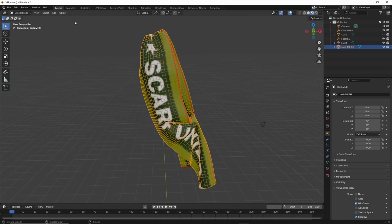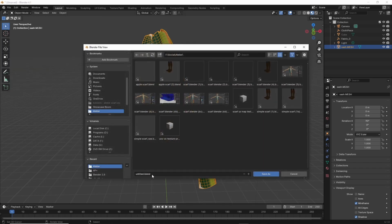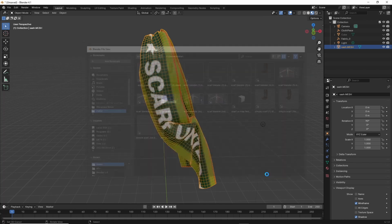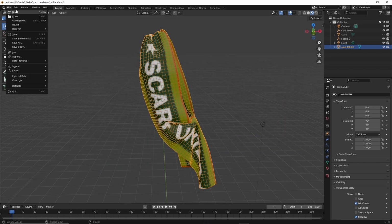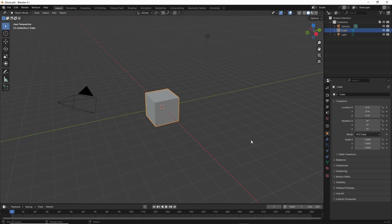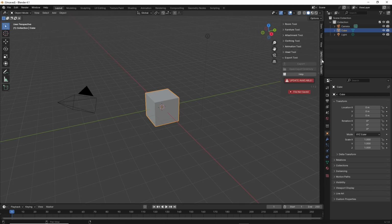So now that we've got all of that, let's save this. File, save as. Sash raw, save. So clothing tool, new project, toolbar, clothing tool,